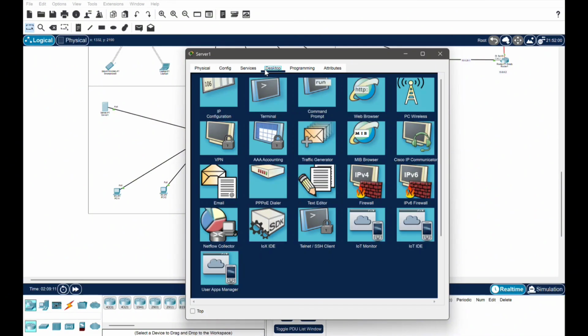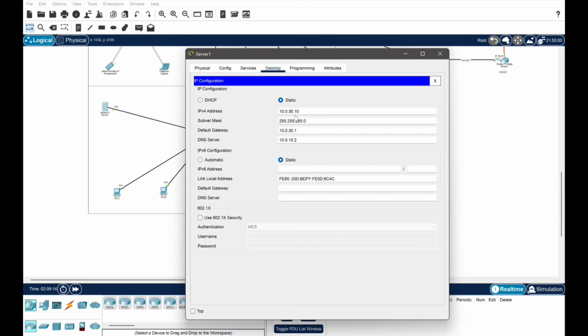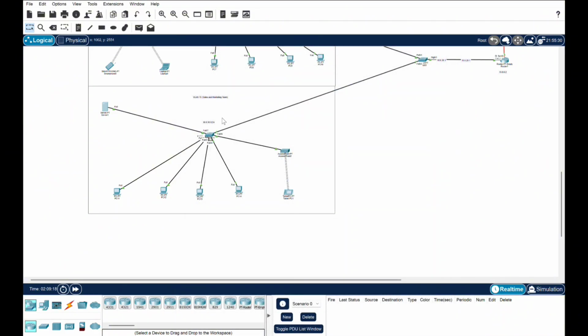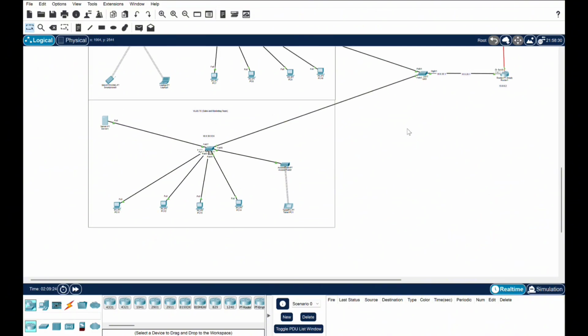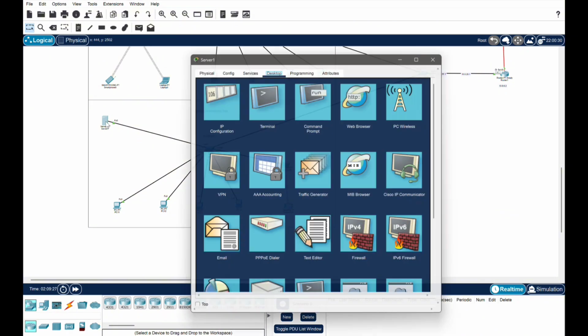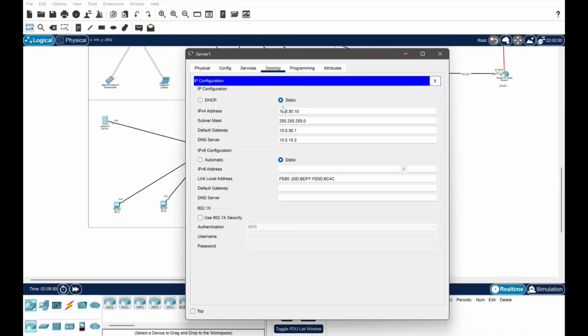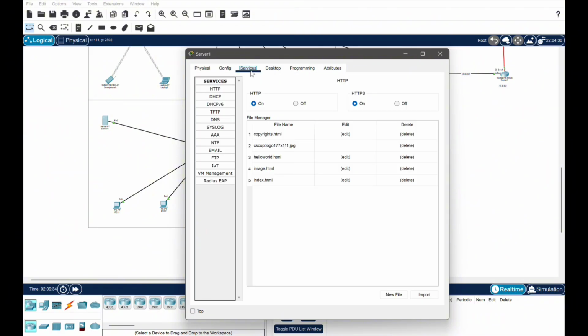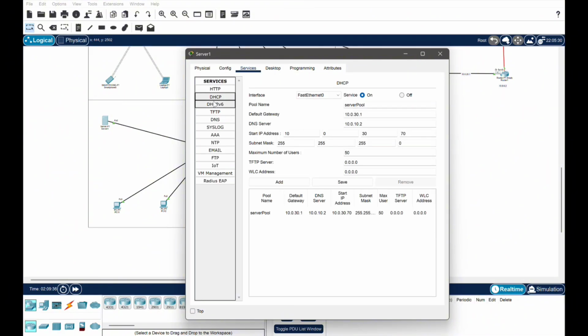I've configured it using the IP 10.0.30.10, as this department uses the network 10.0.30.0/24, and its gateway is 10.0.30.1. I've assigned using that network, this default gateway, and this DNS server's IP. And in the DHCP server, the service is on, and the IPs assigned will start from